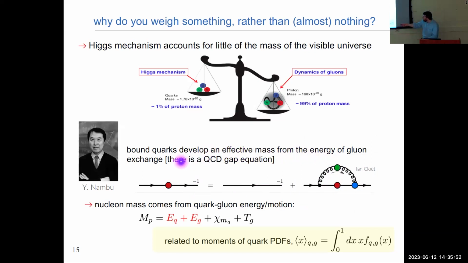What you ultimately find is, if you leave a mass-like parameter in the physical propagator, a mass function that's explicitly dependent on the momentum of the quark, then all of these interactions essentially get renormalized into an effective mass. That's actually the constituent mass of the quark. That's why, in the QCD Lagrangian, the mass of a u quark is MeV scale. It's tiny, but the effective mass of a u quark inside the proton is maybe 300 MeV or something. It's an appreciable fraction of the proton's total mass. So that's roughly how it is.